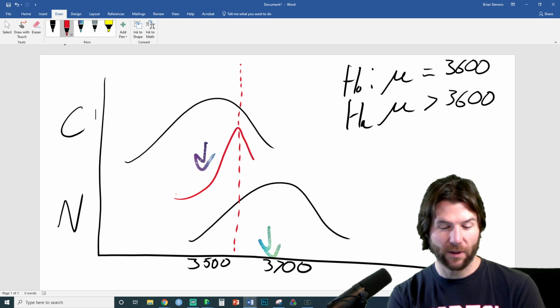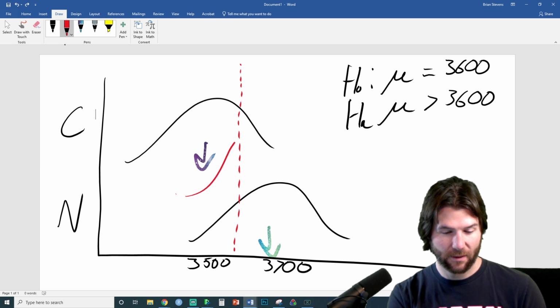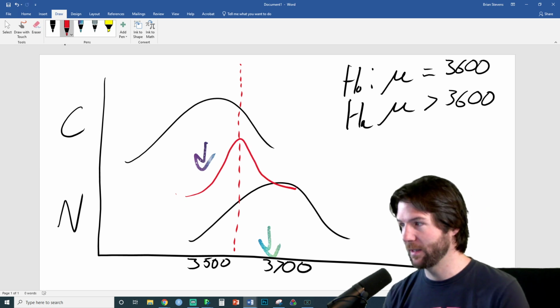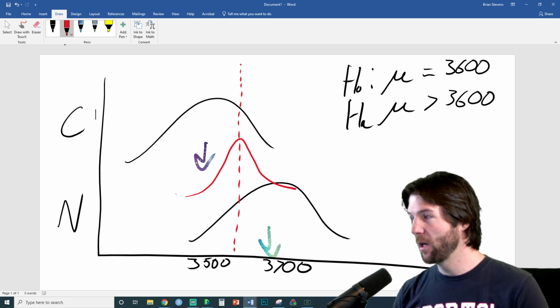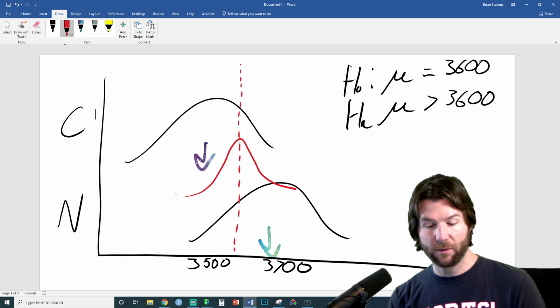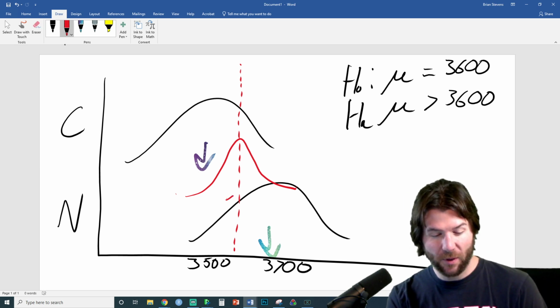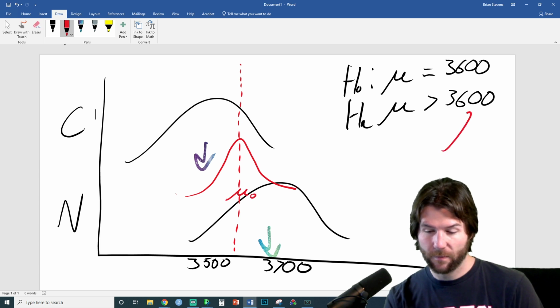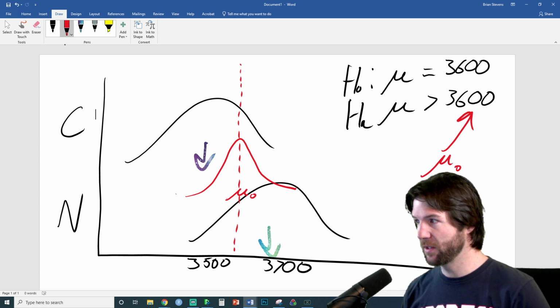This graphic got very interesting. I can't draw a normal curve like that today. Okay, so when you look at this, if you have your hypothesized value at the center, because what would you expect to see if the hypothesized value is true? I wish I could extend it down a little bit. You would have here mu naught. Mu naught is that value right there. Mu naught is 3600. Does that make sense to everybody?